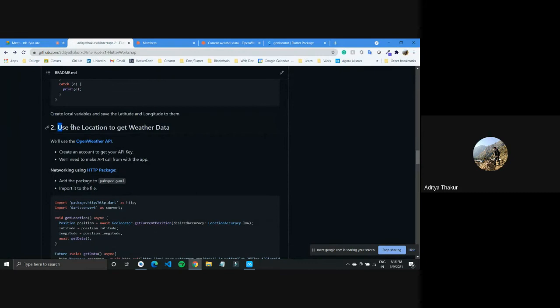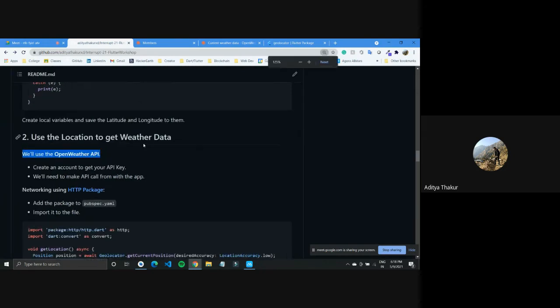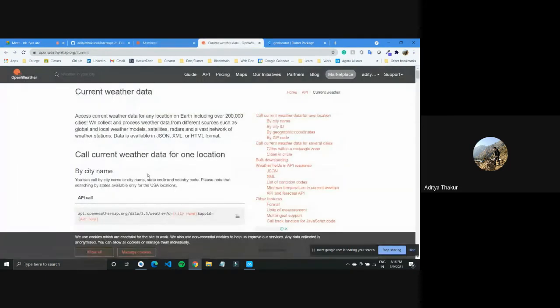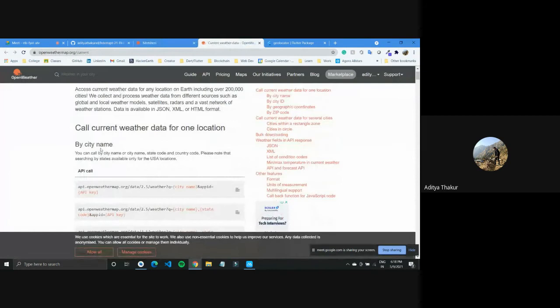So we'll try to use the location to get weather data. What we did was we created an OpenWeather API account. We need to create an account, get the API key, and use this API key to make calls with the app. Now inside this documentation, you'll see we can call for current weather data for one location by city name.